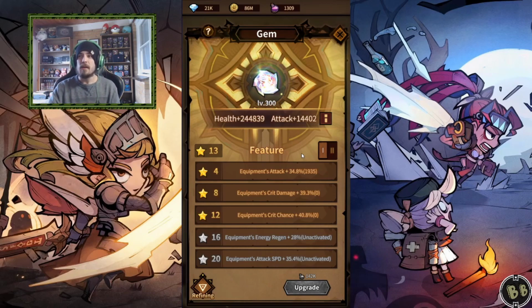But as you can see, she's got these equipment stats: attack has gone up, equipment crit damage gone up, equipment crit chance gone up. So with using this, you want crit equipment. Okay. So if I click on refining,